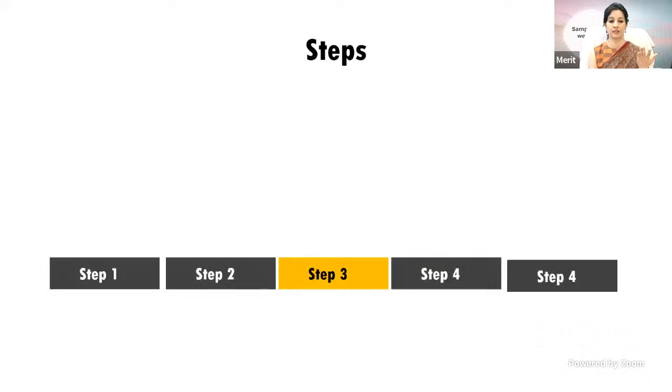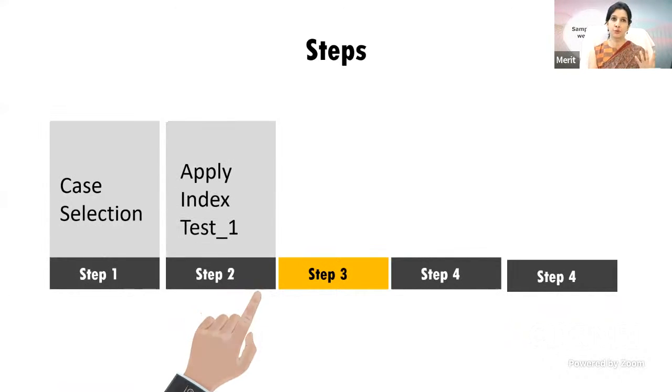Now the third type is the diagnostic accuracy comparative study. In this study, we compare more than one test against a reference standard. In step 1, we do the case selection. In step 2, we apply the index test 1. Remember, in a diagnostic test comparative study, we select at least 2 tests as compared to a